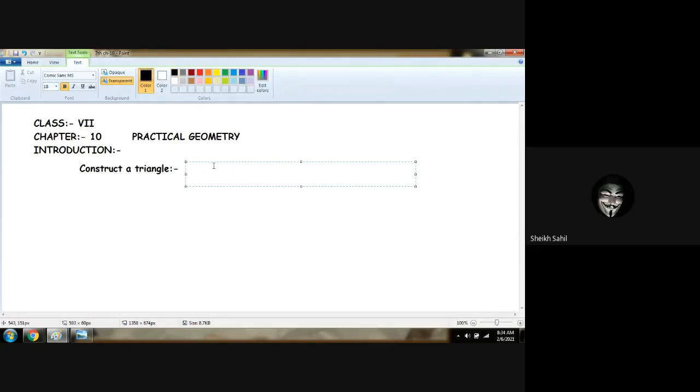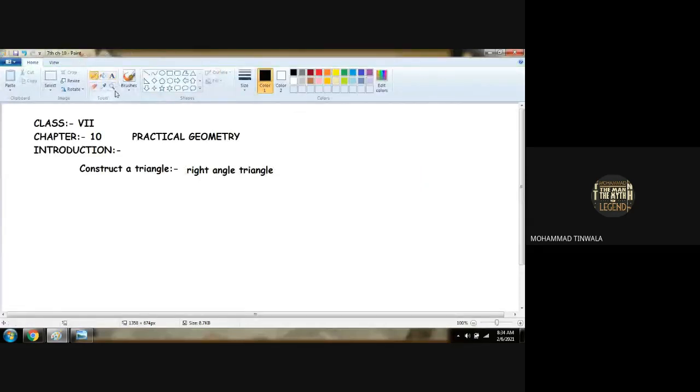In a right angle triangle, one side has to be 90 degrees. That is the most important thing. Now, if I take an example,